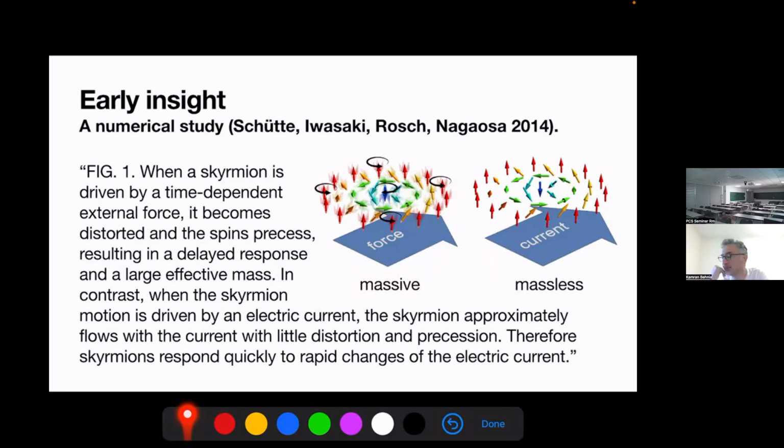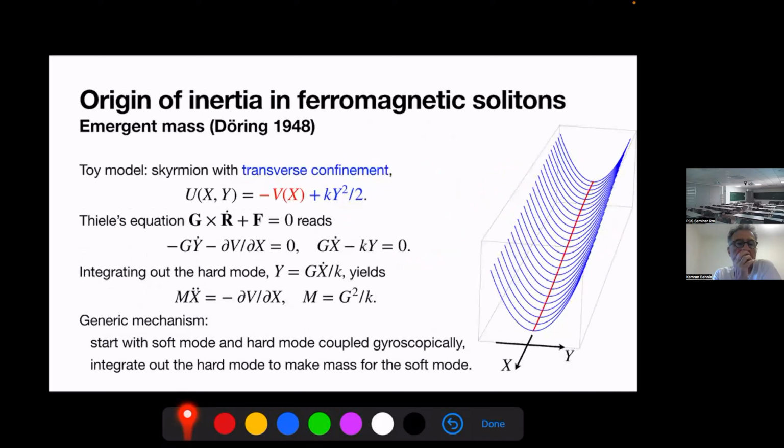In contrast, when the skyrmion motion is driven by an electric current, the skyrmion approximately flows with the current with little distortion and precession. Therefore, skyrmions respond quickly to rapid changes of the electric current. So in that case, the dynamics appear to be massless. It was a purely numerical study. There were no arguments given why that would be the case. And so we're filling in that void, and we'll explain how exactly that happens. But before I get to that,